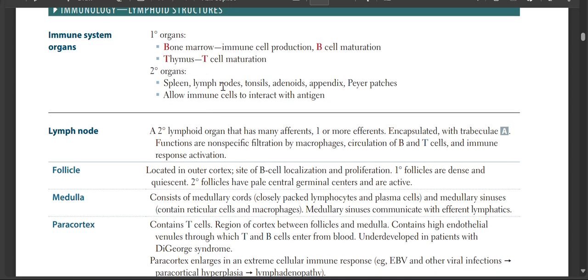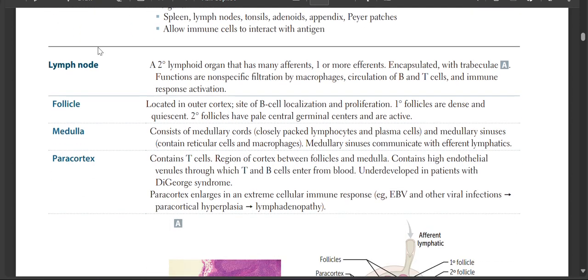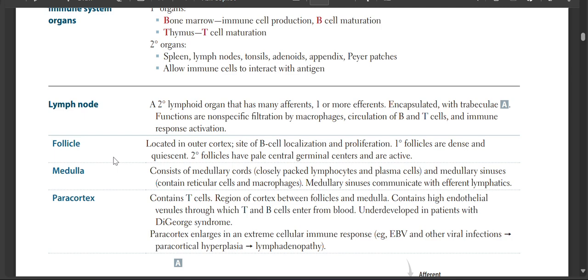So it includes spleen, lymph nodes, tonsils, adenoids, appendix, Peyer's patches, also the MALT, which is in the small intestine, similar to Peyer's patches. Now, whenever they talk about a lymph node, there's a couple of things you need to remember, and majority of the time it's not about the structure that the exam will ask you,